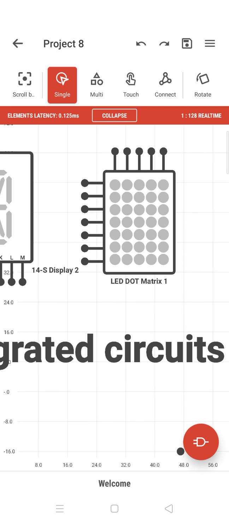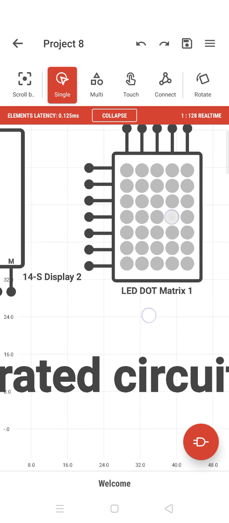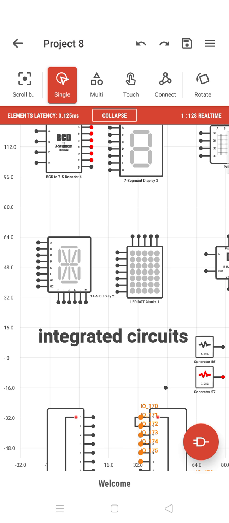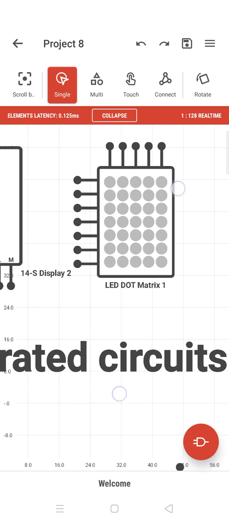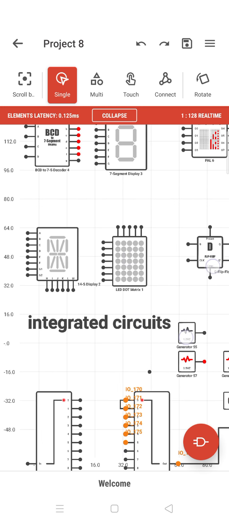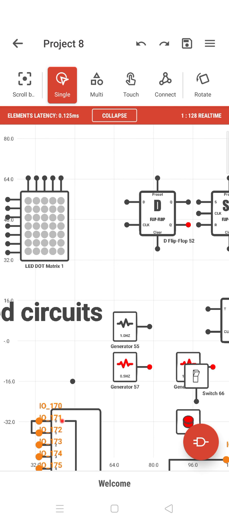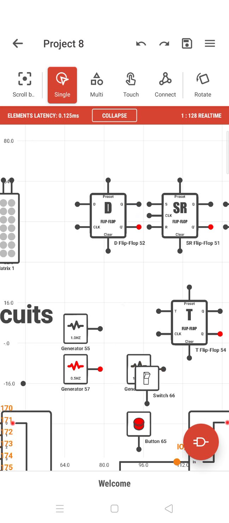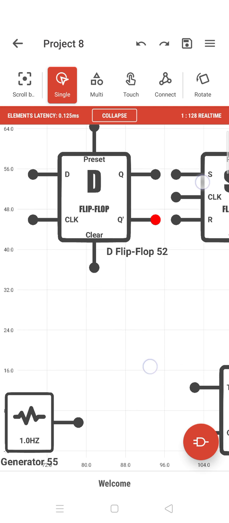Now LED dot matrix, this is a kind of dot matrix which can show different kinds of dots. The dots will be displayed depending on what you give. If we give a 1 here and a 1 here, then the first dot will be there. If we give a 1 here and the second one you take, then the second dot will be lit up. This is called an LED dot matrix. The same concept is used instead of LED for plastic electronics, where you can do screening and other things.